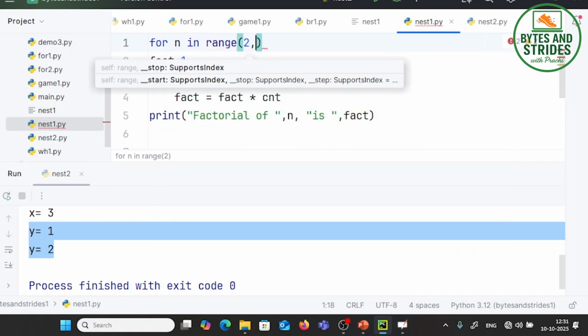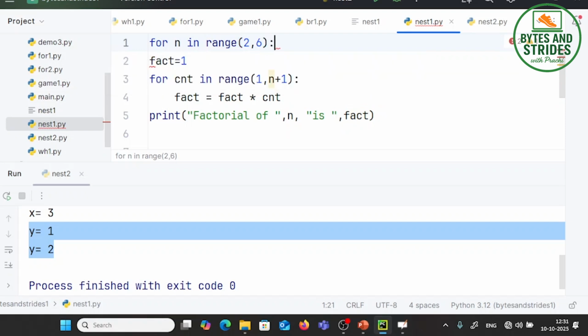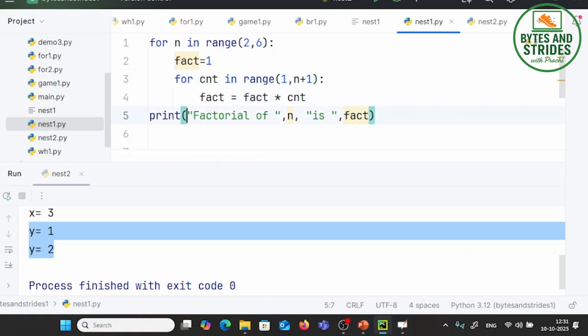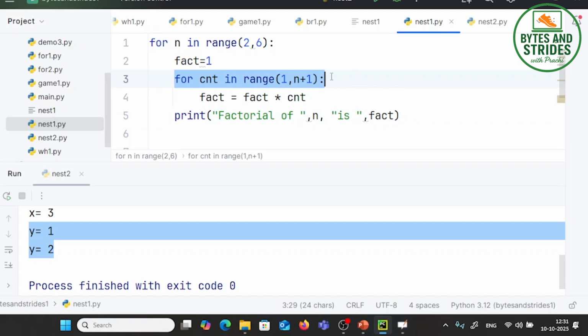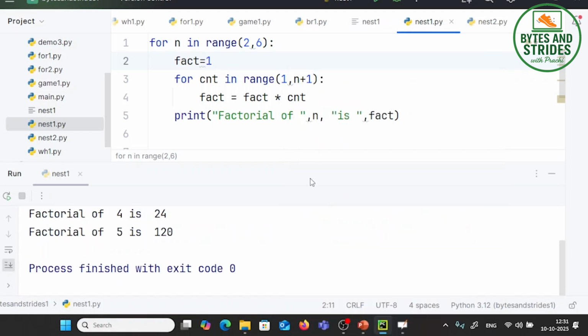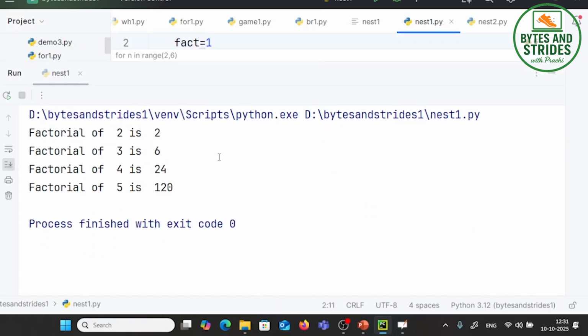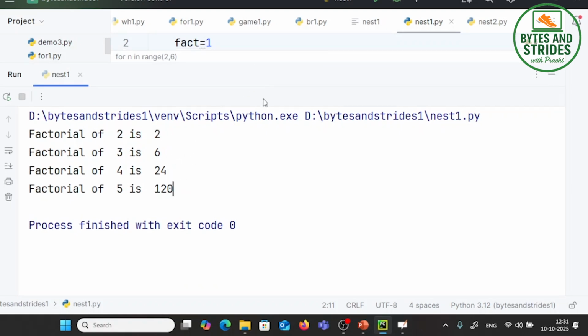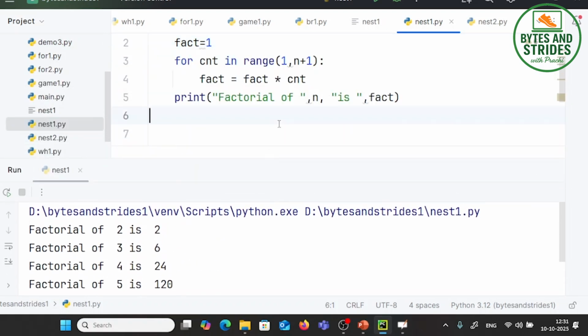So here I will type 2 to 6. Don't forget the indent levels. This indent has to go inside the outer loop. This loop has to be embedded inside this particular loop. And now when I execute this code, what we will notice is it is going to print the factorial of all numbers between 2 to 5. So this is how you write a nested loop.